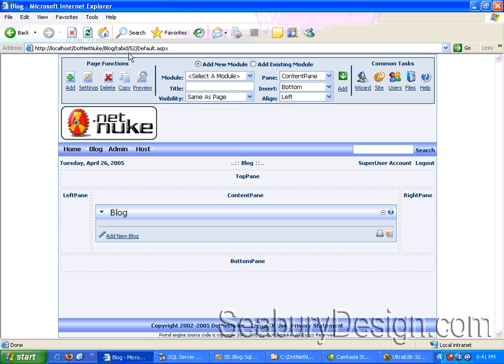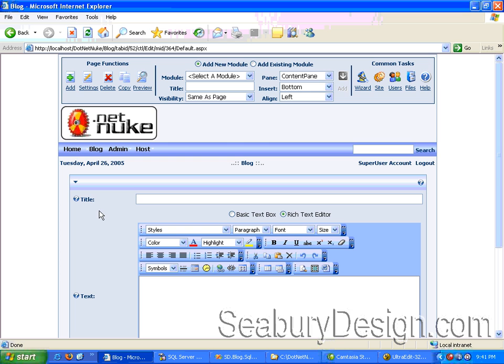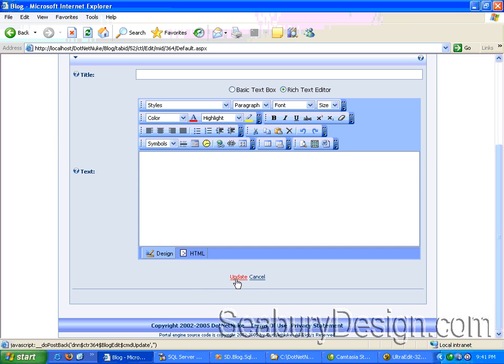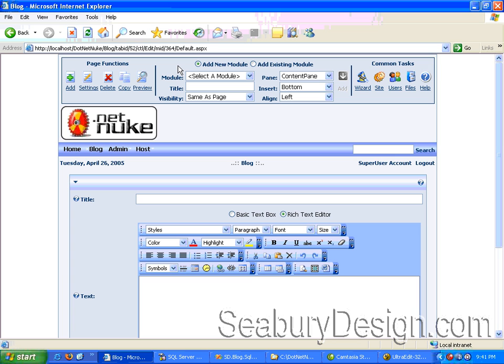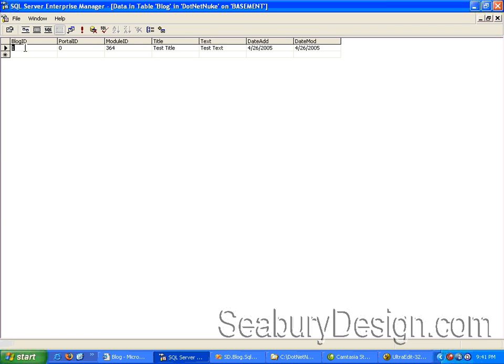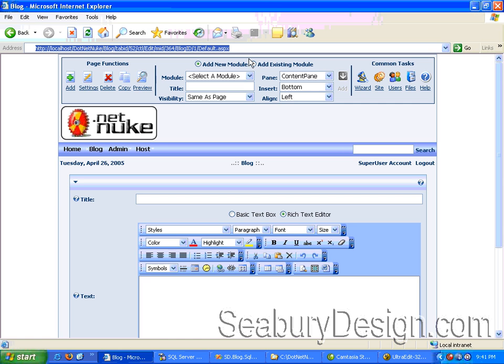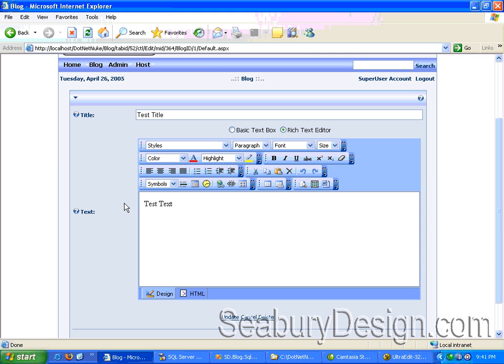Remember, we took a look at this before, what's in our line, and if we click add new blog, we'll get a new blog. This is actually our add screen, which is why you see update and cancel. Now, if we go back up and add just a little bit, and I'll say blog ID 1. Let me just double check that. Yes, blog ID 1. So if I type that in, with any luck, we should get this information in our blog. I'm going to hit enter. There you go. Now we have blog ID 1, test title pulled up, test text pulled up,